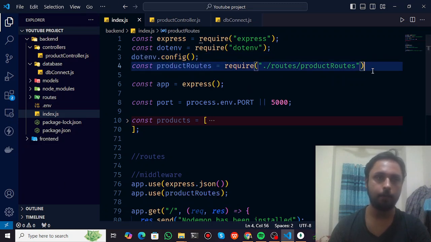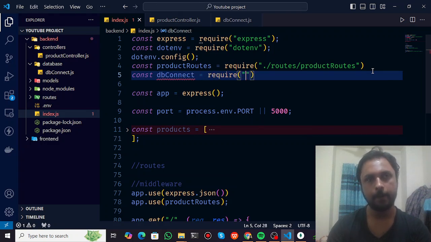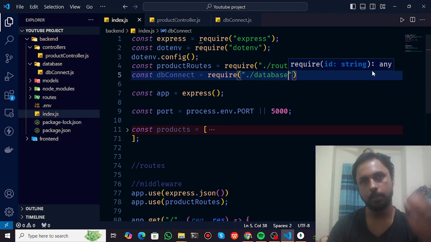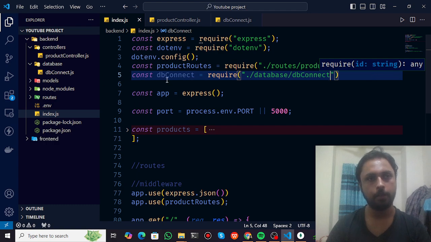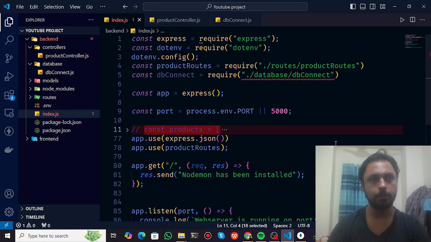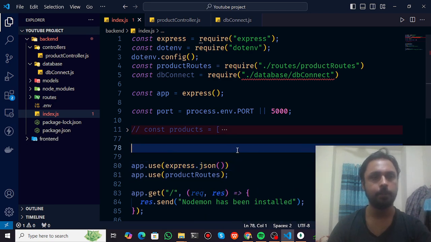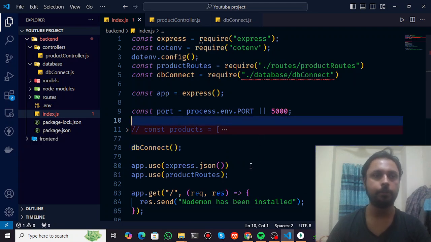So first we need to require this db connect. Let me add the database and slash, let's get the db connect. Now I can just go ahead and remove this, or save it as a comment, maybe we can use this data later in our project, and add the db connect and just run the function. So this will start